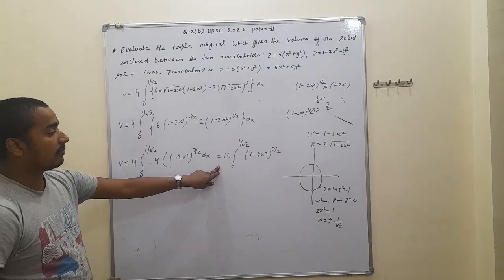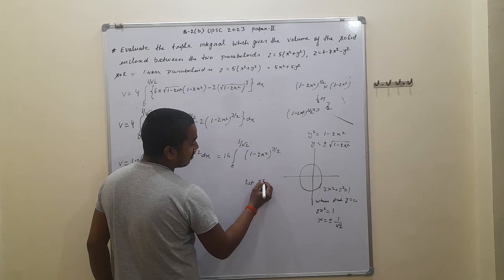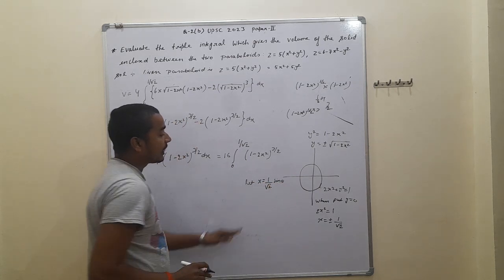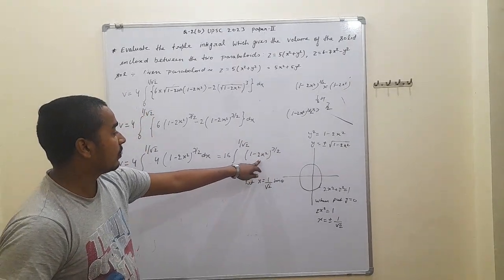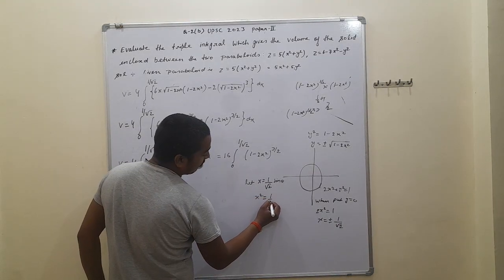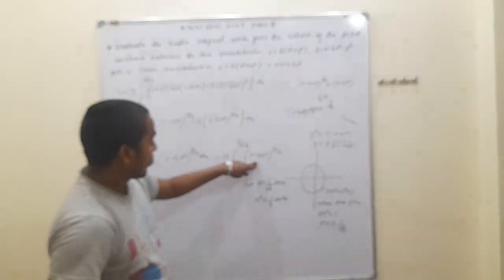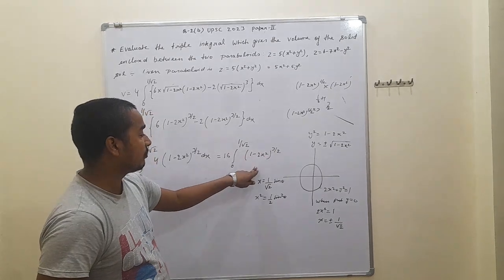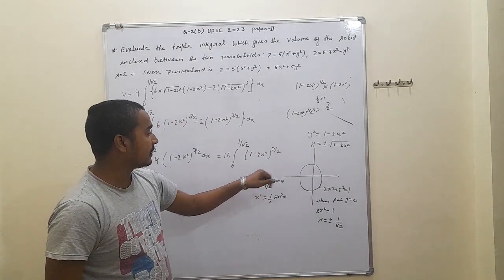From here we have to solve, let x is equal to 1 upon root 2 sin theta. When taking x is equal to 1 upon root 2 sin theta, we have a formula that on squaring, that is x square is 1 upon 2 sin square theta. On putting, root 2 to 2 is cancelled out and 1 minus sin square theta is cos square theta. We have to get this formula, that's why we have to choose x is equal to 1 upon root 2 sin theta.